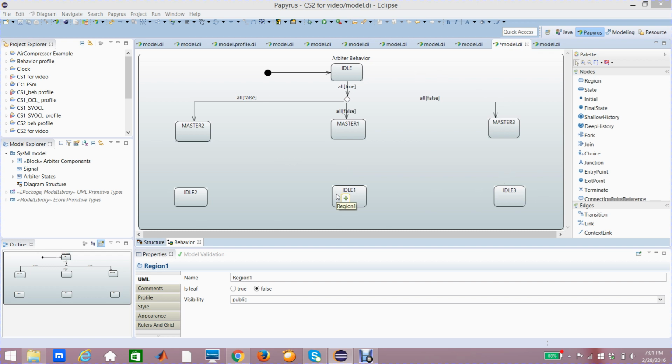Now we need some decision node, because the decision node basically decides between one of the outgoing transitions. So from master 2 to idle 2, there will be a decision whether master 2 is done using the bus or not. If it is done,